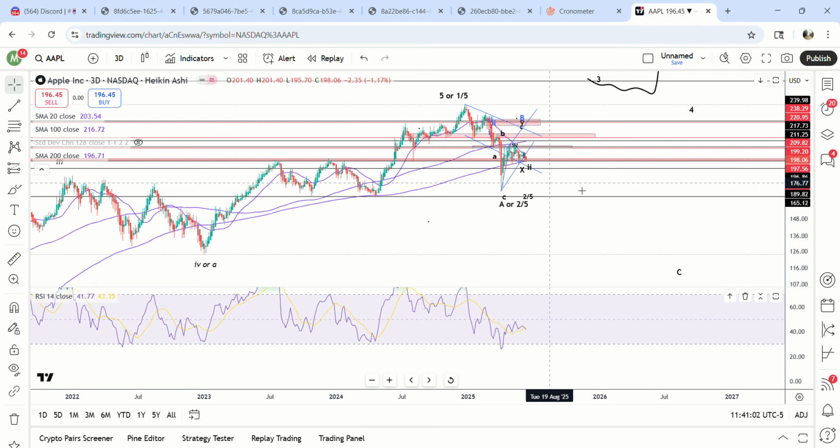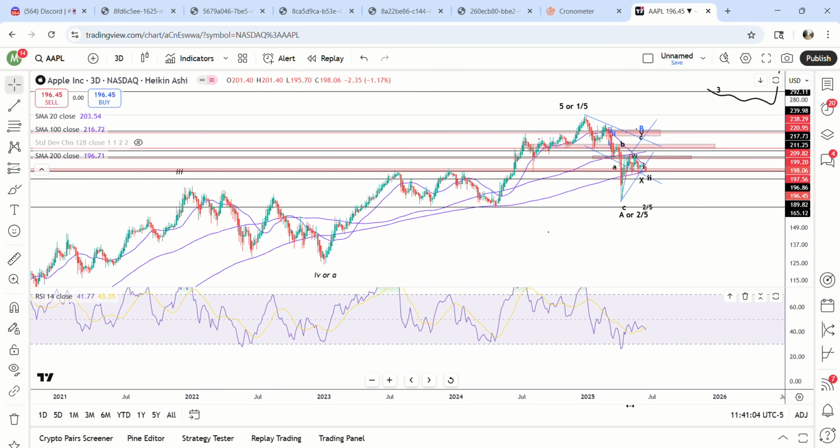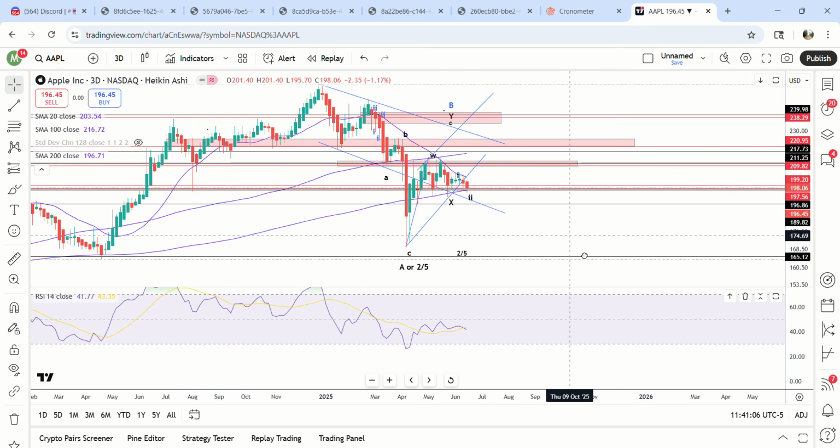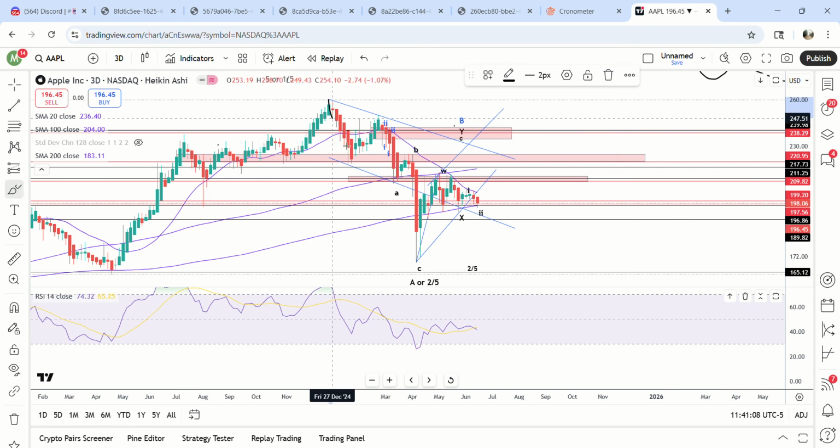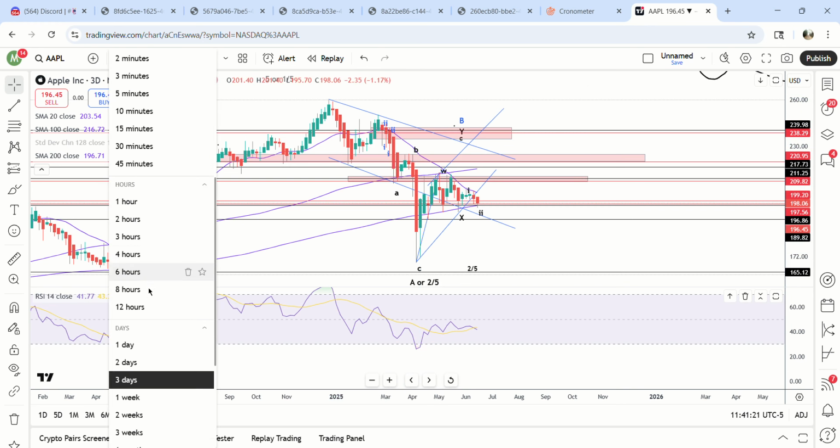I think it's probably an ABC move. And then you get this ABC move right here from the top. A, B, C. That's the A wave, B, and then you get a big C wave down. And then we've been retracing. And one thing that sticks out to me